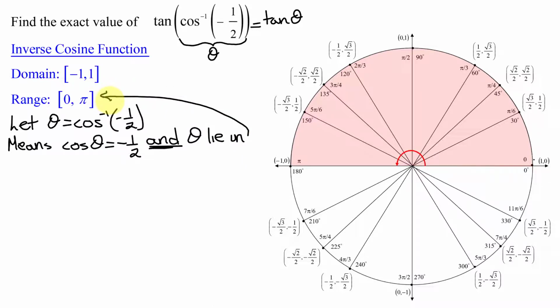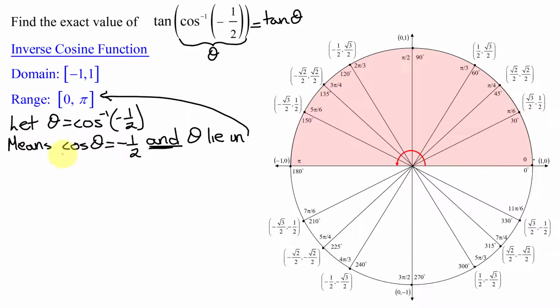It is very important to remember this restriction because there are an infinite number of angles for which the cosine of theta equals -1/2, but there's only one angle in this region between 0 and pi for which this is